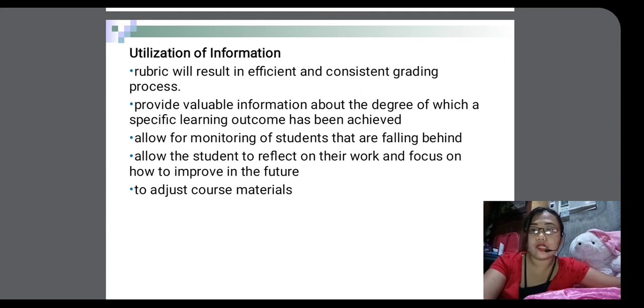Then, to adjust course materials. So we also need to see if our teaching materials go along with, or are on the level of, understanding of our students, so that they could be able to perform well in